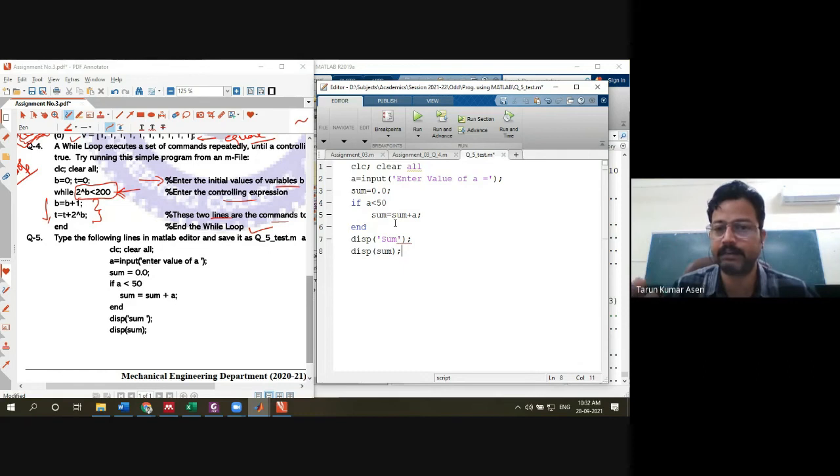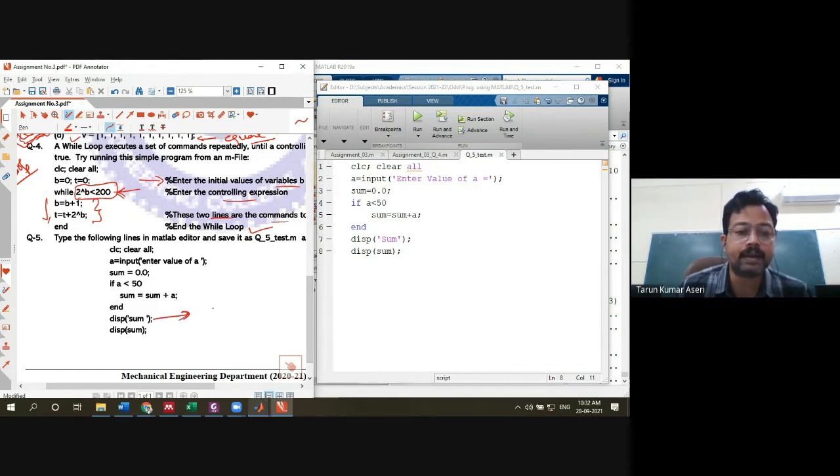Both things are different, please mind that these two things are different. In the command window, the text sum will appear, and after this text, whatever value of sum is stored will be displayed, whatever value is computed by this syntax.